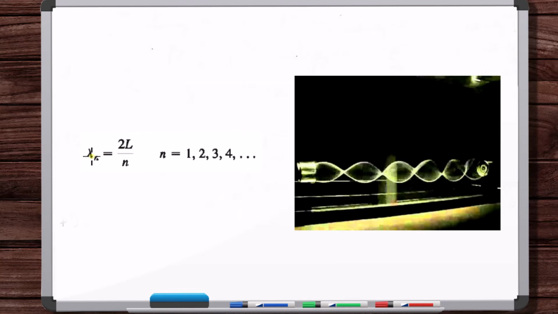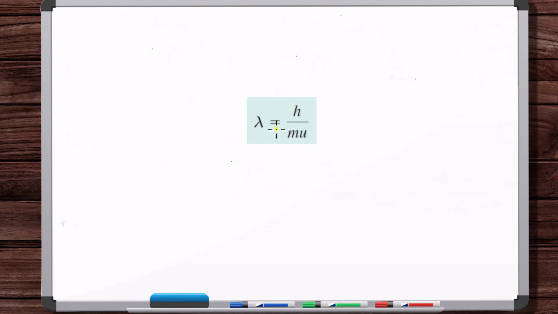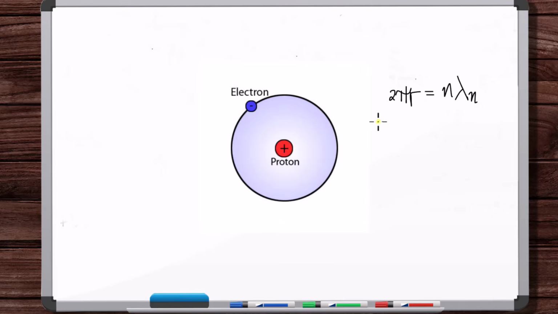But 2L is equal to lambda times n. So 2 pi r is equal to n lambda. Okay, so 2 pi r is equal to n lambda. Lambda is a function of n. Lambda depends on the n. But what is lambda? That's the wavelength of the electron, because we're thinking about the electron acting as a wave. Well, here's the wavelength of the electron. So 2 pi r, if we substitute in that lambda, goes n h over m, and we'll put v instead of u. So if we solve for v,